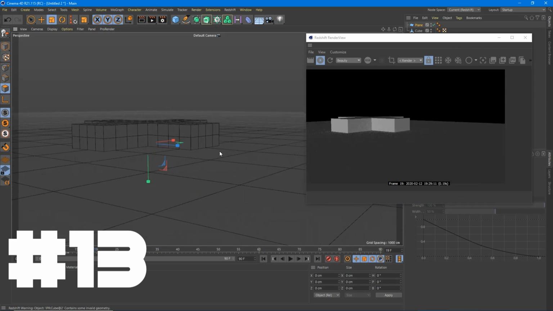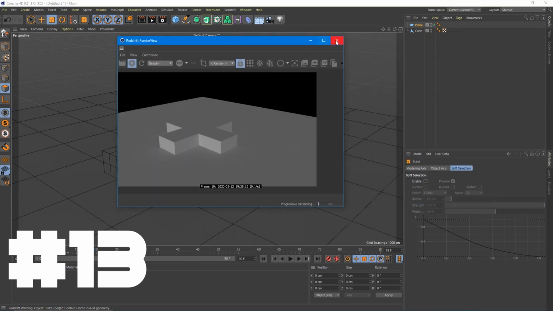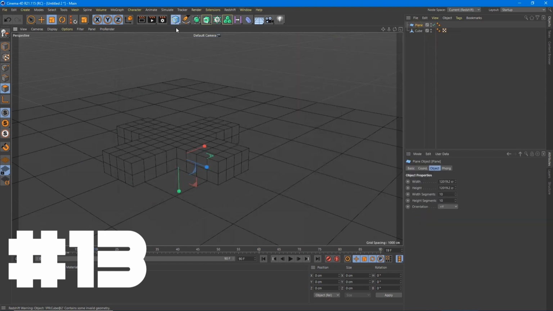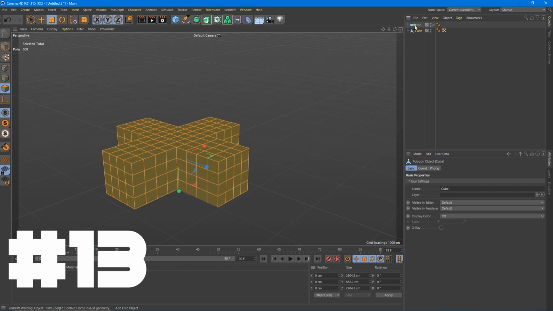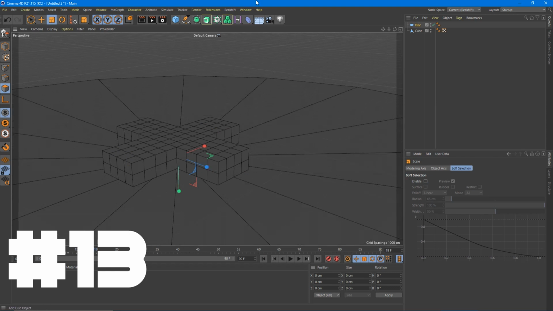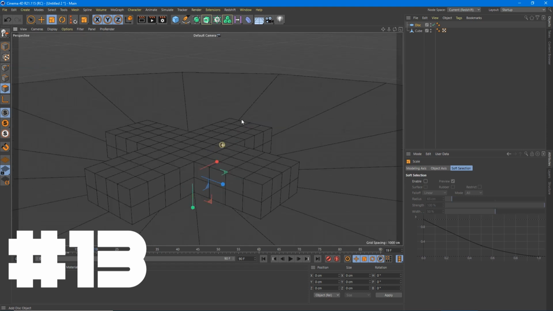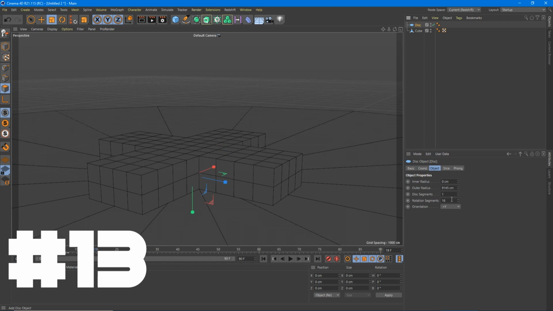But let's say I change my angle, and then all of a sudden my horizon looks kind of funky, and I keep having to scale up my square bigger and bigger and bigger, and I keep getting these weird points. Instead of using a plane, use a disk. Using a disk will allow you to move your camera angle around and still have a nice clean horizon line. You can smooth that out a little bit. Add some segments.